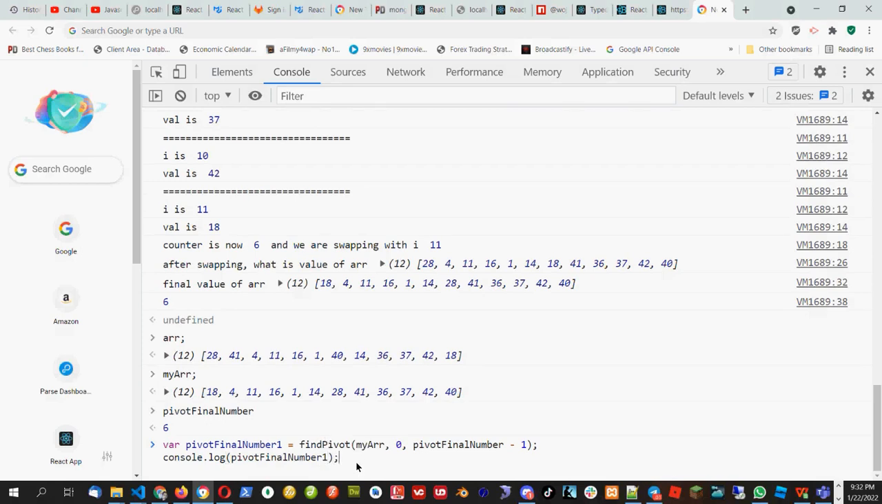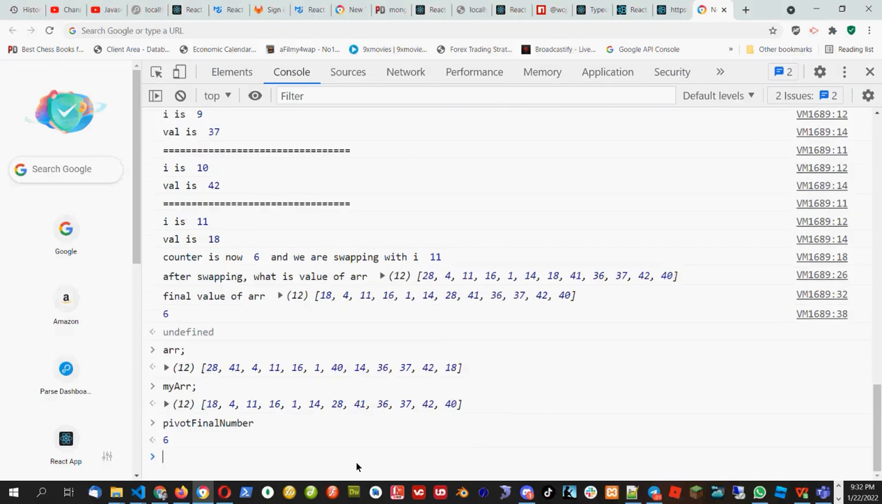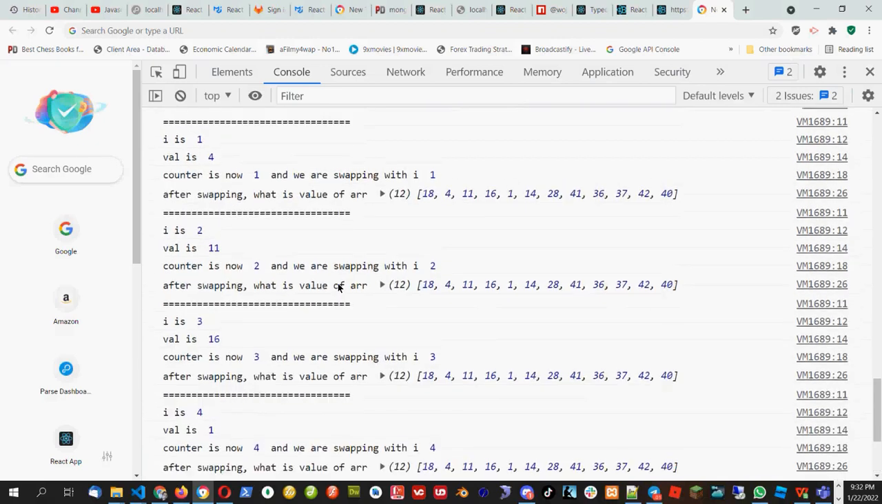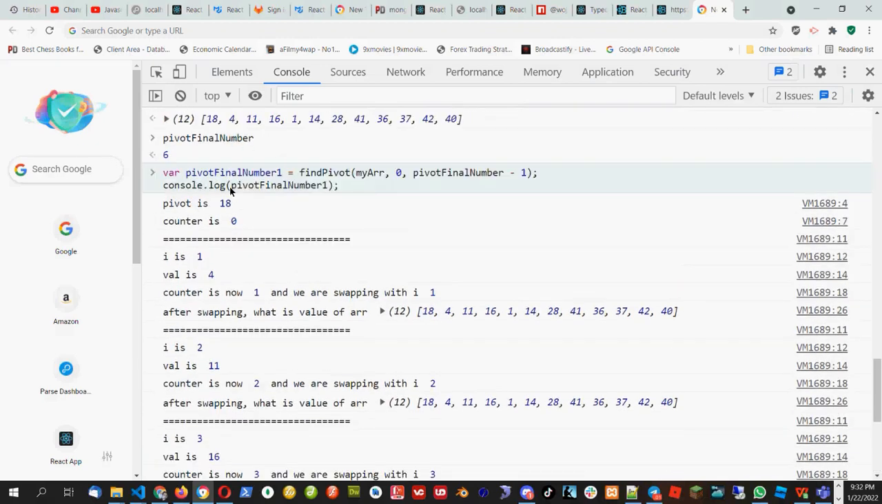And let's save this as another variable, pivot number 1. Okay, now I will run it again. So here I am running it again. It is passing 18 till 14, and pivot is 18 now. Previously it was 28, now it is 18. Counter is 0, it starts with 0. Now we go through each number again. So 18,